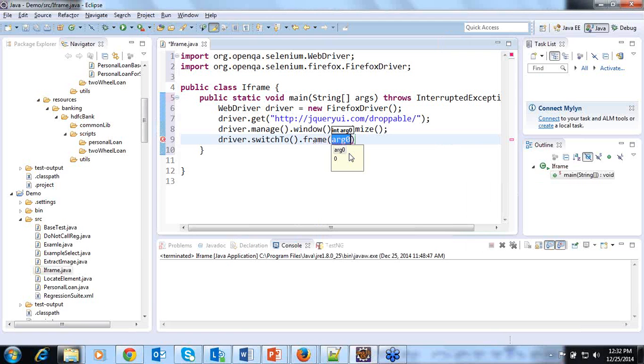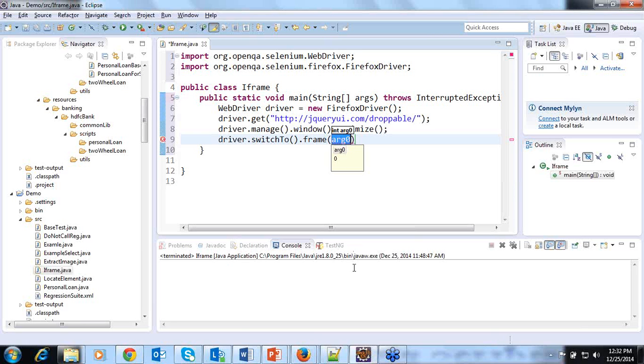As I explained, we have to pass an integer number as a parameter to this frame method. If there is more than one iframe tag, and you know in which frame the element you are going to work with is present, whether in the first frame or second frame, you can give the numbers here.